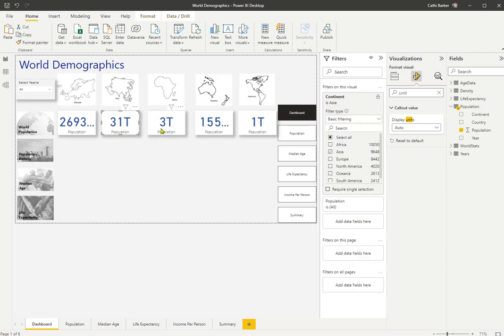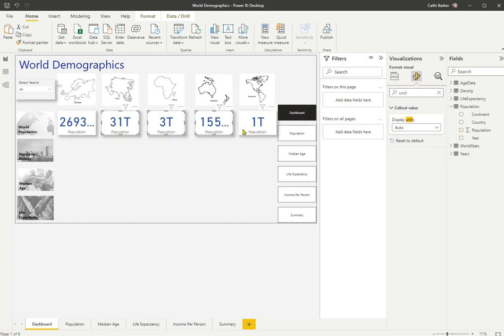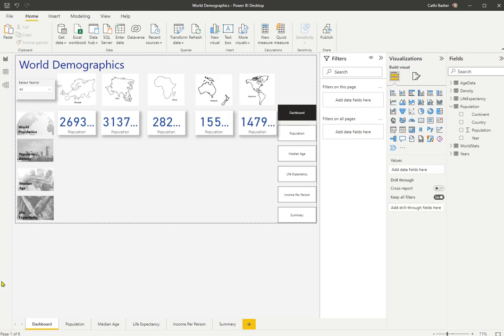In fact, if I click this and hold the shift key and select all of them, I should be able to change all of them to billions. And so they're showing me billions as a unit, though you could say, look, show me trillions, or show me millions. You can display the unit. I'm going to go back to billions, cross that off, click my report canvas, and the method of my madness